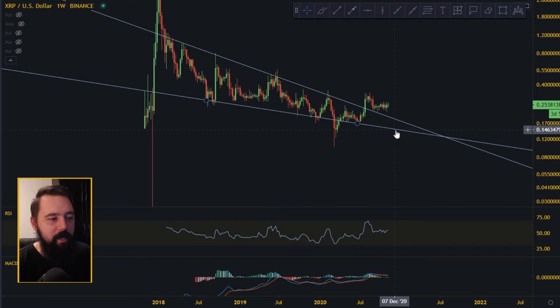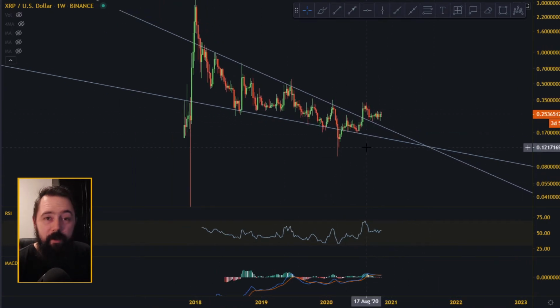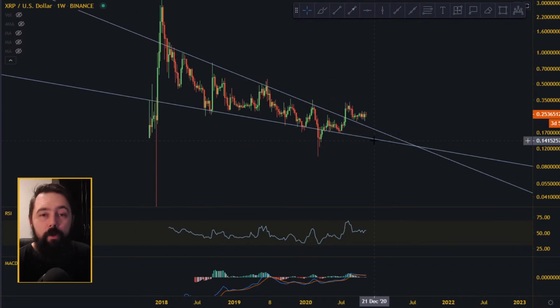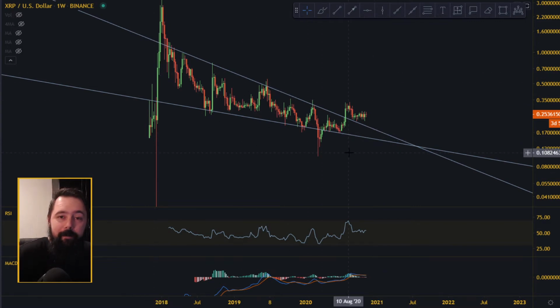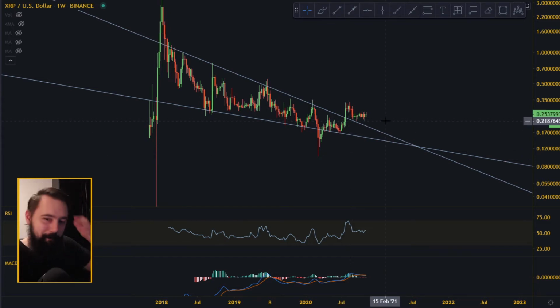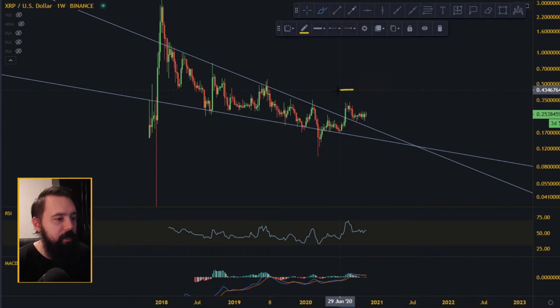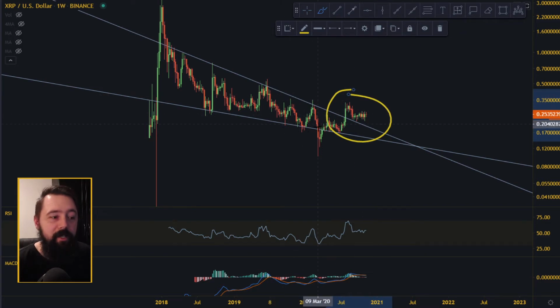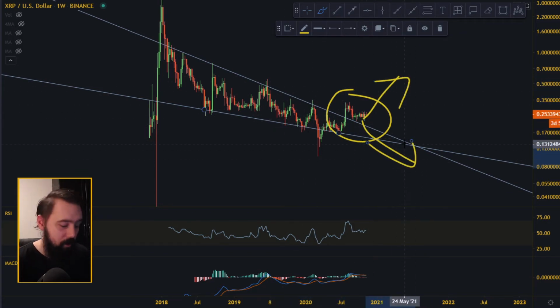And what we see here, we actually are going through the wedge. It was a falling wedge, and XRP has finally gotten out of the wedge. So that's a bullish thing. If it's not bullish, at least it stopped falling. So now you're going in a sideways direction, and that's good for you, right? Sideways is better than going down, depending if you're still accumulating, but you had like 2-3 years now to accumulate. So I think you should be finished with the accumulation part, and now it's the sideways part and up part. So we're gonna focus on this part over here mostly, and see if we can predict if it's gonna go up or down.